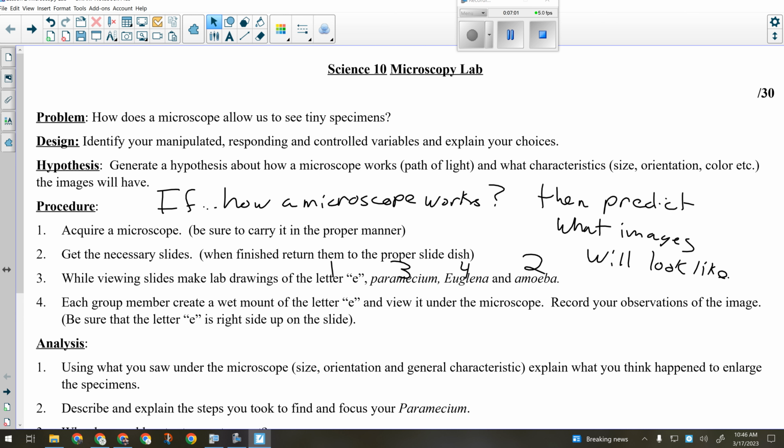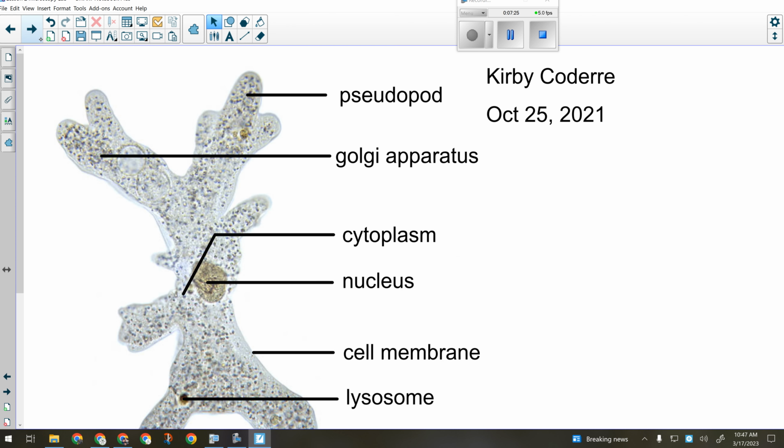Now, looking at the letter E is the start, because the letter E is big. So we're just going to take a cutting from a newspaper, from an article, not from a headline. So a lowercase letter E. And we're going to make a wet mount of that. How many people have ever made a wet mount before? Okay. All right. So to make a wet mount, what you do